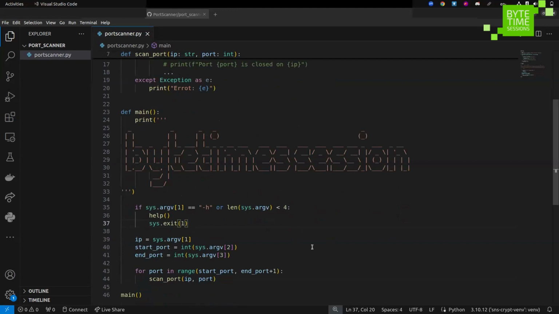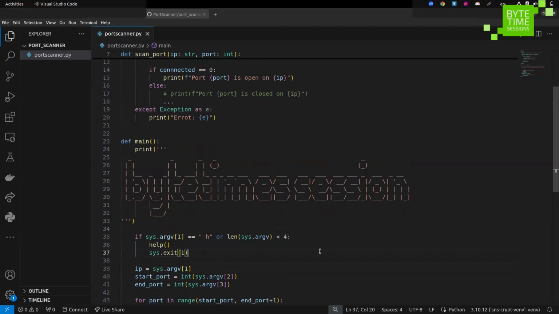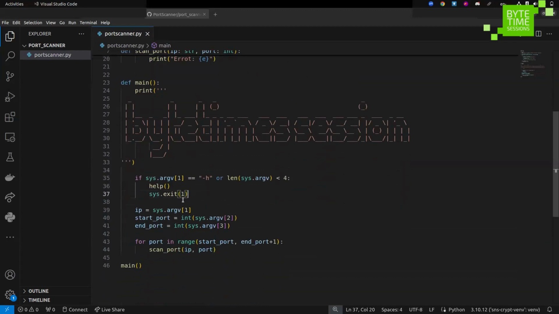You see, the name of the script gets added to the argument, that's added to the port scanner.py, your IP address and the port. That's three. But you remember that we wanted to do something: we start scanning from some particular port